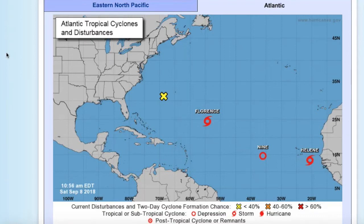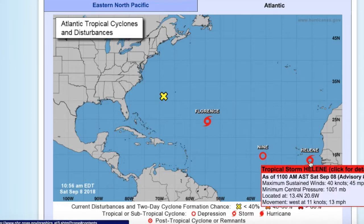Hello, today you're watching the Tropics Topics of September the 8th, 2018. Very busy time in the Atlantic. It's usually the peak of the season around this time of year, and accordingly, we do have a lot to talk about. From east to westward, we have Tropical Storm Helene, currently a 45-mile-an-hour tropical storm approaching the Cabo Verde